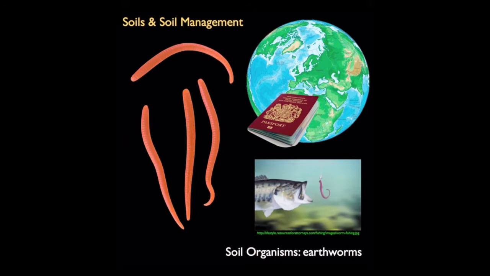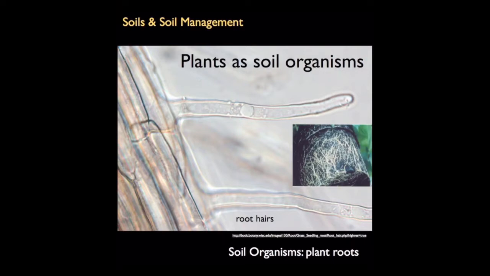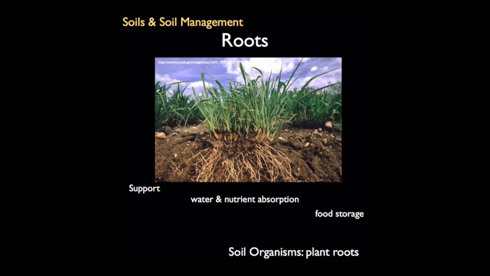Now finally, let's consider plants themselves as soil organisms. As with above-ground terrestrial ecosystems, plants are the base of the food chain below ground. Photosynthesis sugars and other carbohydrates are present in plant roots and provide sustenance for heterotrophs either directly or indirectly. As you know, roots serve three functions: support for the plant, permit the water and nutrient absorption, and act as a reservoir for food. The carbohydrates stored in the roots can be moved back up into the above ground parts